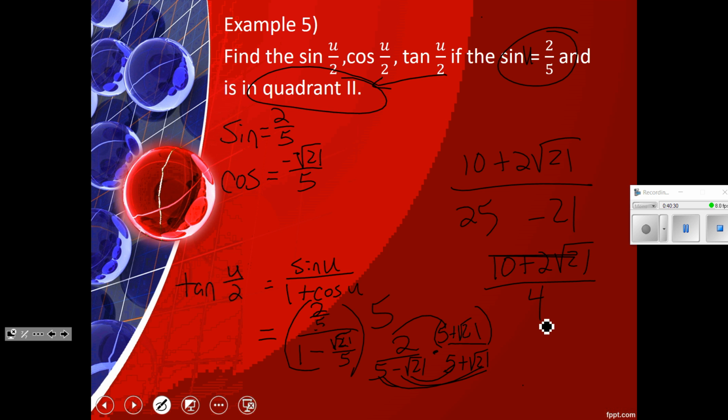If you wanted to, what could you factor out from the top? You could take a 2 out of all of these, and that would be 5 plus the square root of 21, all divided by 2. That is what it should end up with. Okay, questions? All right, so